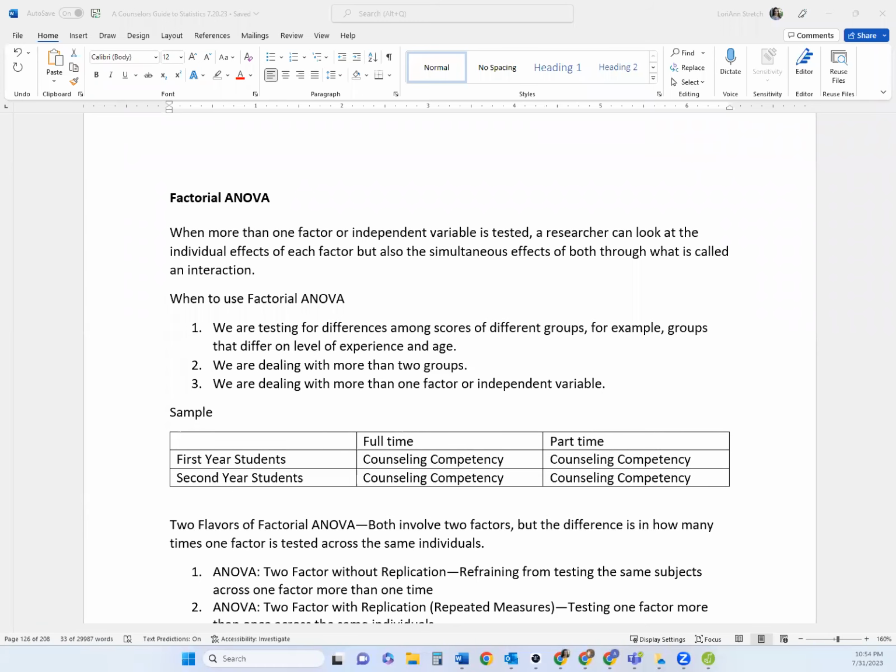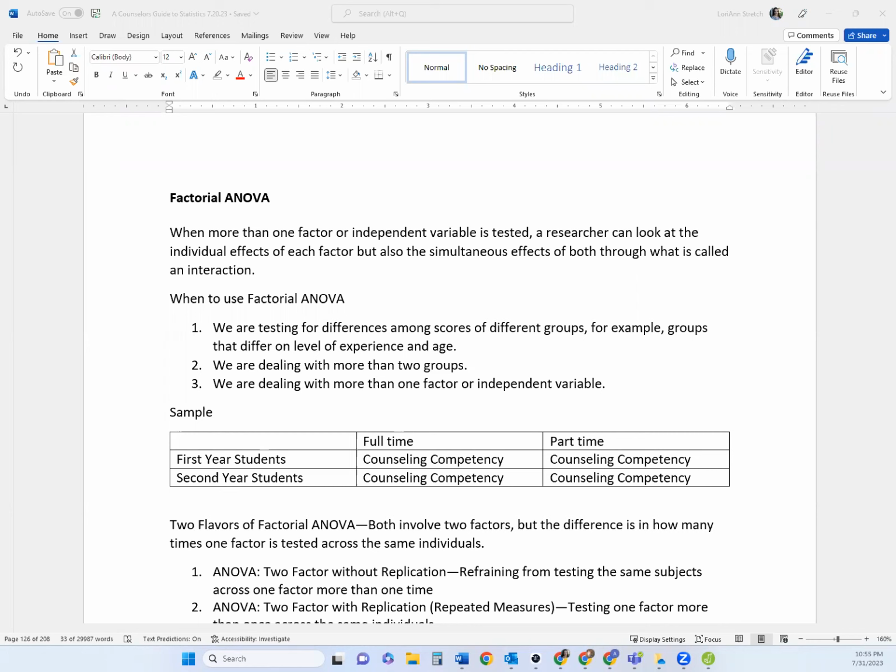This is our tutorial on factorial ANOVAs. With a factorial ANOVA, we're looking at more than one independent variable being tested across one dependent variable. We're looking for differences among different groups and also some other characteristics. So we're going to be dealing with more than two groups, and we're going to be dealing with more than